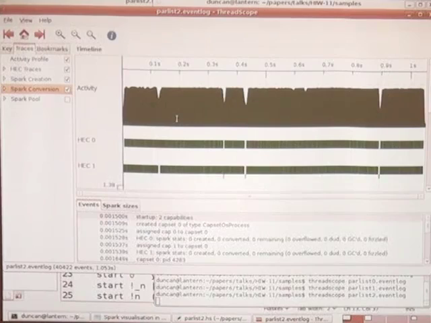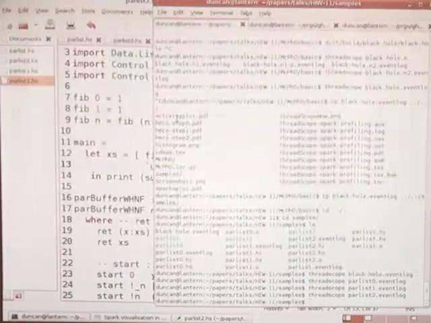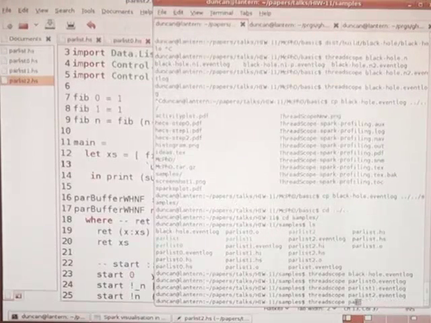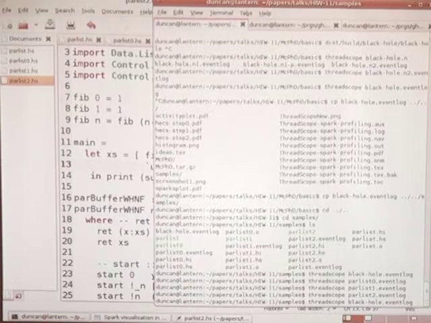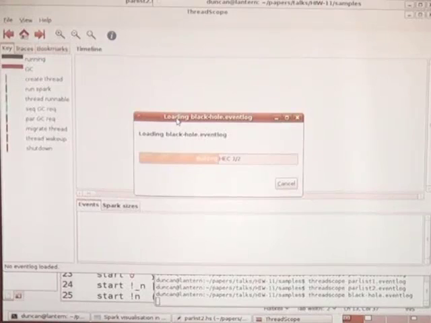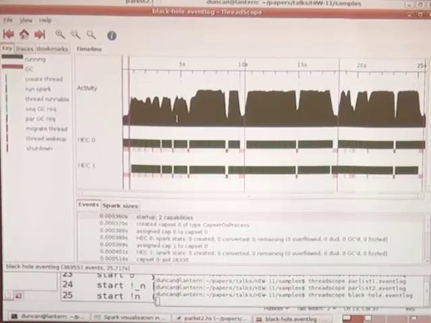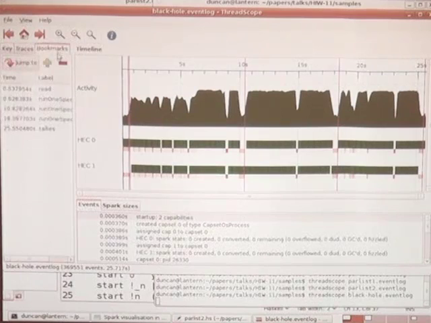Let me show you one real program, because these are obviously trivial benchmarks, just to illustrate. This is a program written by one of our partner teams. This is a black hole particle simulation divided into 3 phases. I don't know if you can see those red lines. Those are